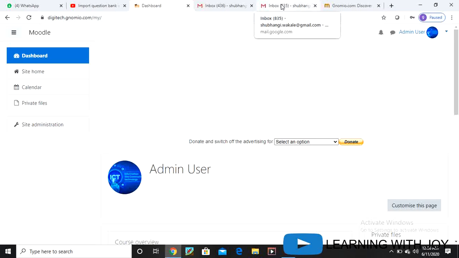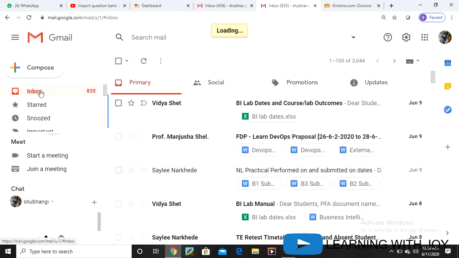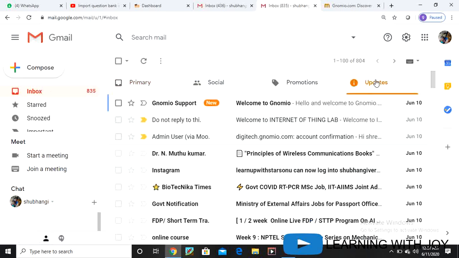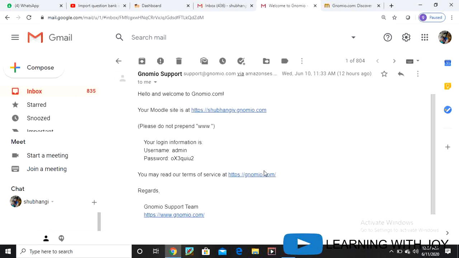Now we will check once within our mailbox. See, we got mail from Genomio support. So here you can see that we have created a site, that is shubhangiv.genomio.com, and the initial password is given by them only.